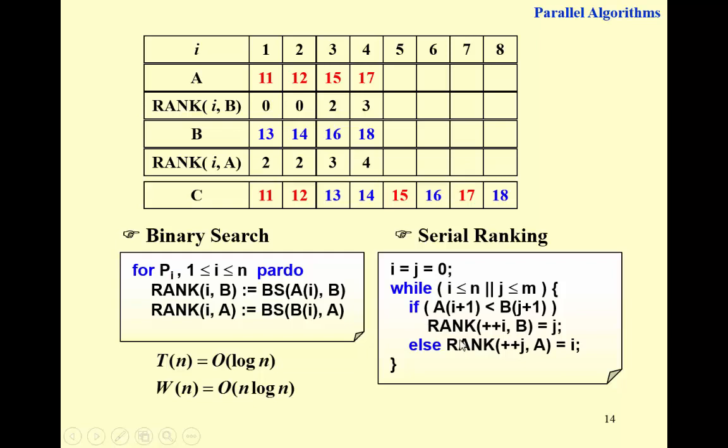So the workload is reduced. It's reduced to linear, right? It's big O of n plus m, but it looks just about the same as the sequential merging. So the time is also linear, right? Still not good. So a smarter solution is parallel ranking. Is to do a